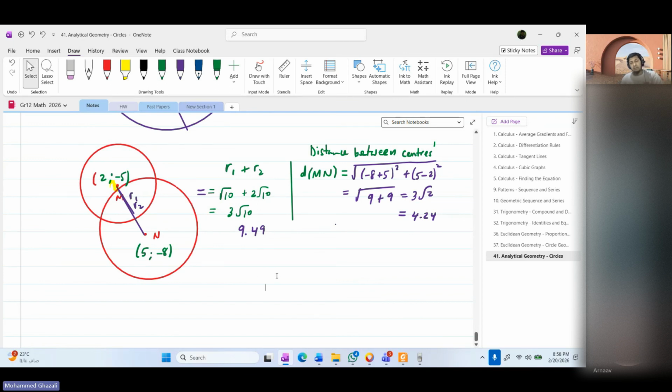What if I try to minus the radius? Because remember, they intersect, the circles intersect, right? Circles intersect. We know that